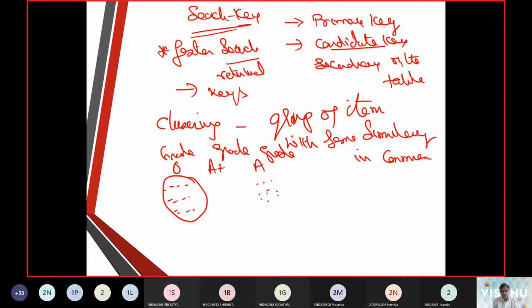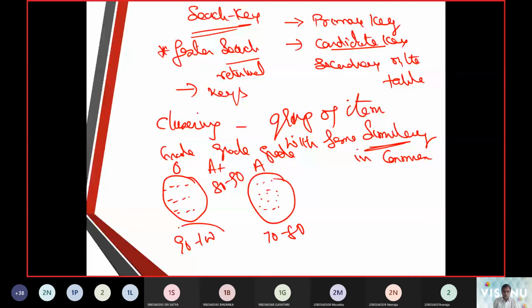Similarly, all the students with A grade form another cluster. What was the similarity? Assume it is from 90 to 100. Similarly, another is from 80 to 90, and the other sector is from 70 to 80.